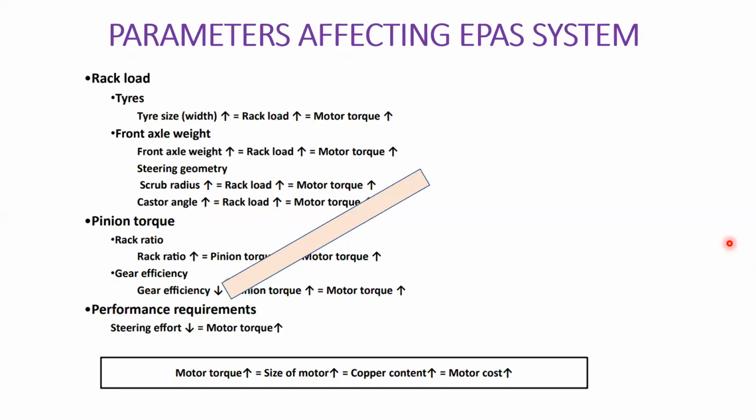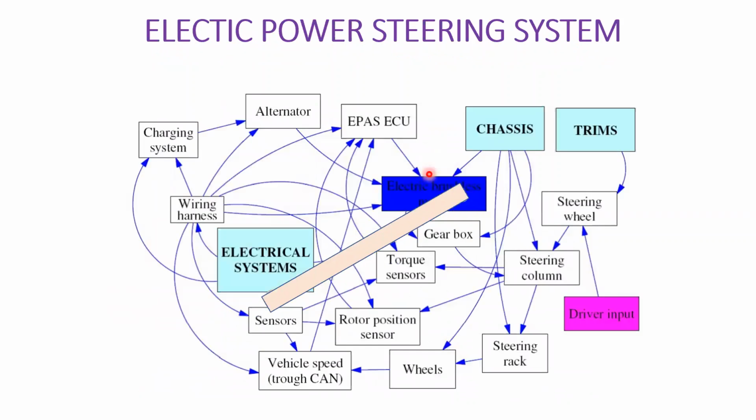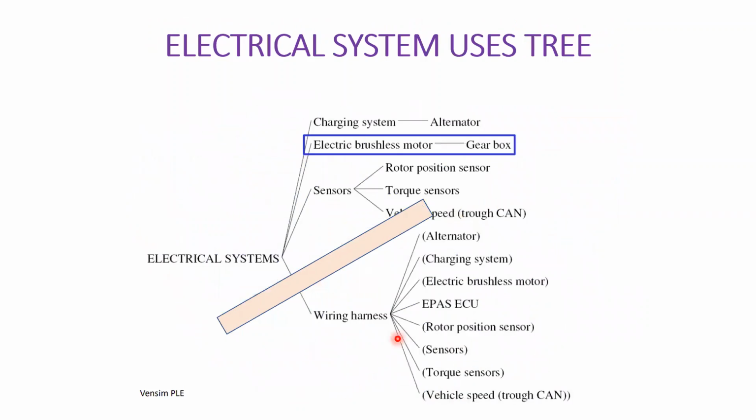So here let us see how they are approaching for the steering system. You see here, you have taken the tire size. Tire is having some size, and when you increase the width of the tire, then the load will get increased. Then what happens is the motor torque will get increased. And again, the motor is used in the electrical system. And this is the motor size when it is used in the electrical system, and when this gets increased, then again the load, the wheel, everything is basically interlaced.